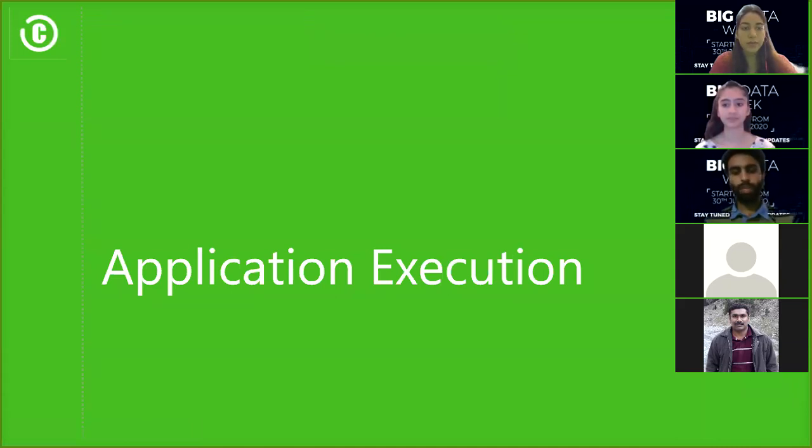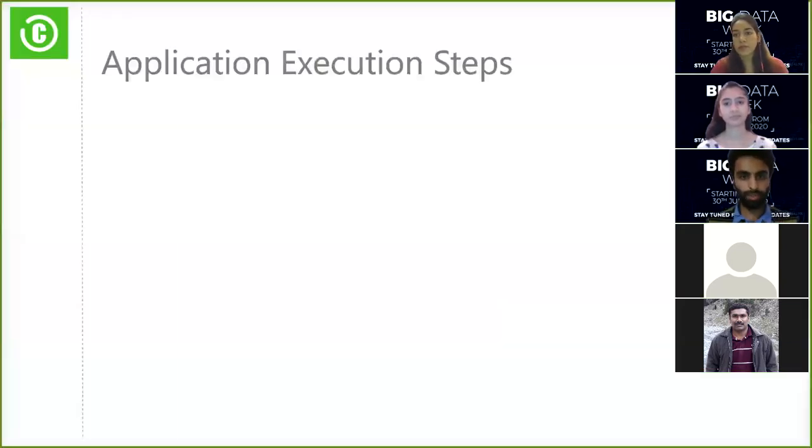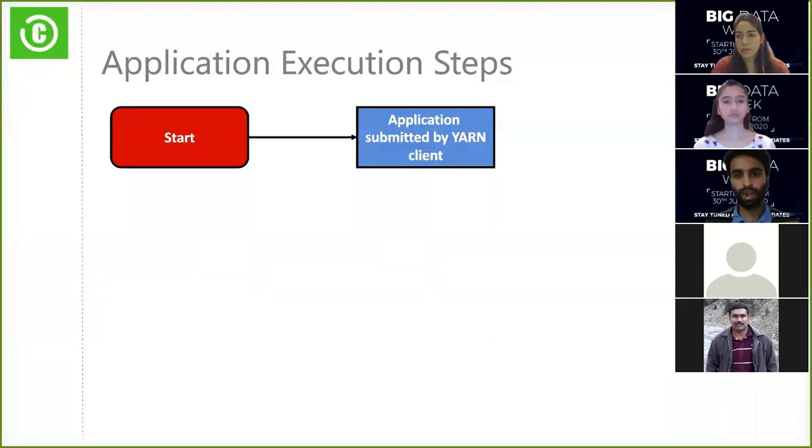The main job of Yarn is the execution of different applications on top of Hadoop's distributed file system. So application execution is actually the main functionality of Yarn. Moving on to the application execution steps. The first step is that an application is submitted by a Yarn client. Examples of Yarn clients are Spark, Hive, Pig, and